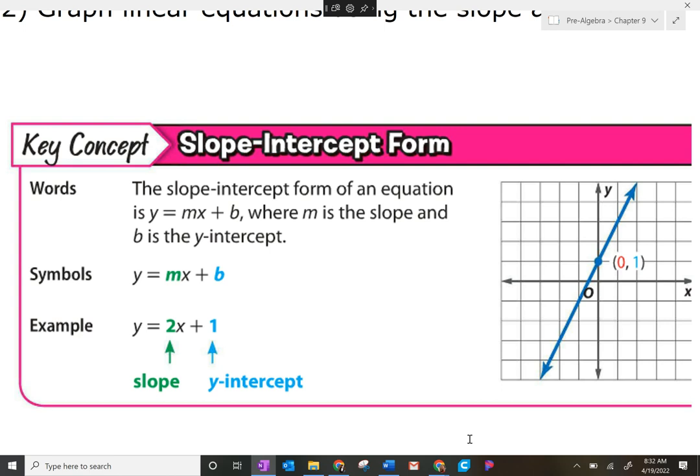All right, so this y equals mx plus b form, whenever we write it like this,